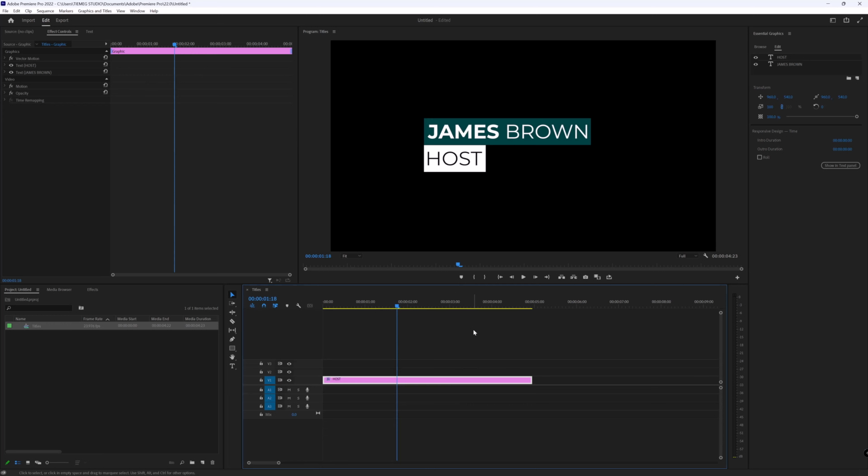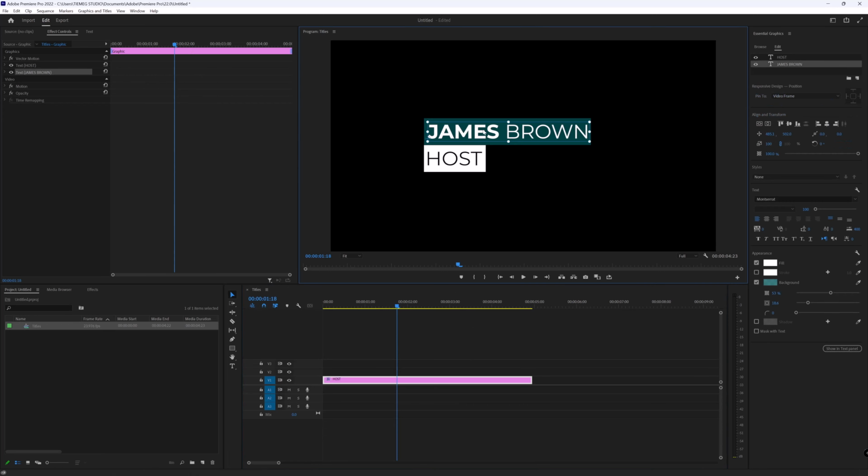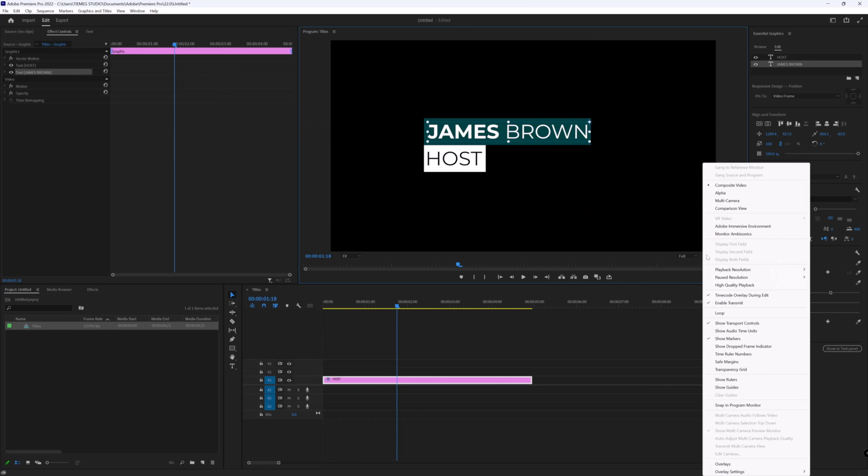Then the next thing you need to understand is anchor point. If I select this text layer here and then just hover outside to rotate it, you can see that the rotation is happening at a certain point right here. But if I hover inside and then just move that anchor point to the center, let's rotate again. You can see where the rotation is happening right now. The same thing applies with scale. If I move the anchor point here, by the way, if you need to snap, just hold Ctrl key and snap it there. And if you want to have these lines, then click on the setting icon here